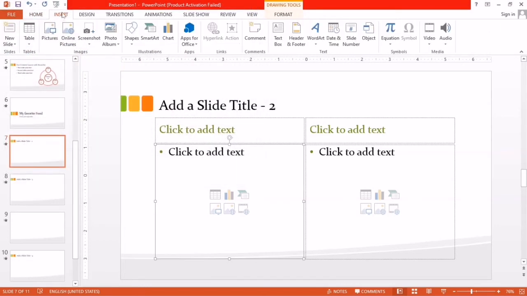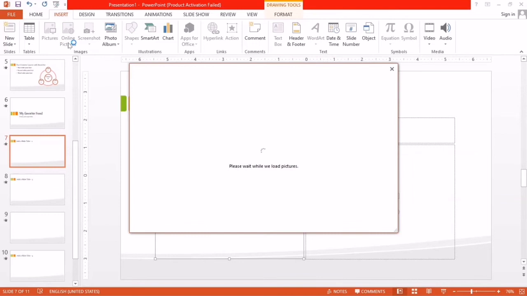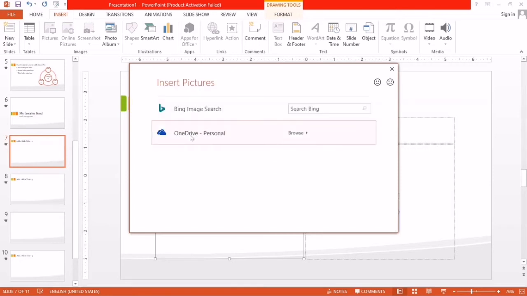And if you select the Insert tab, you can see here Pictures, and the second one is Online Pictures, so you select Online Pictures and wait a little. So you can see here Bing Image or an online drive.